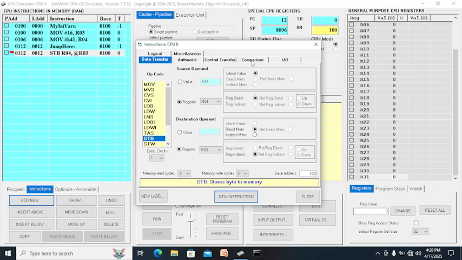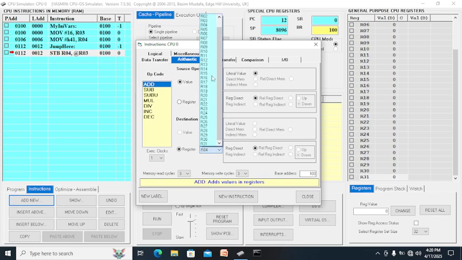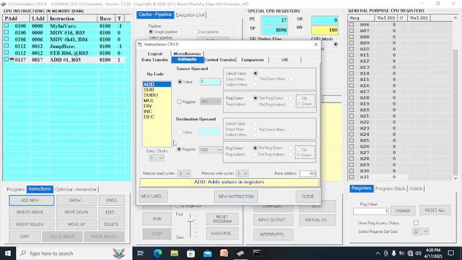So we're going to go to arithmetic now. Add 1 to R03, so add 1 to R03 and add 1 to R04. Registers are a temporary area. It's like in your calculator, there is memory plus, memory plus, memory plus, last in, first out, something like that.